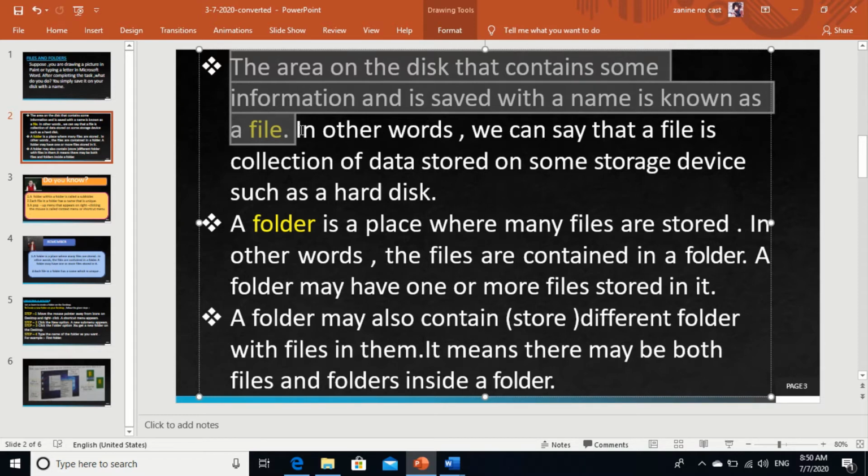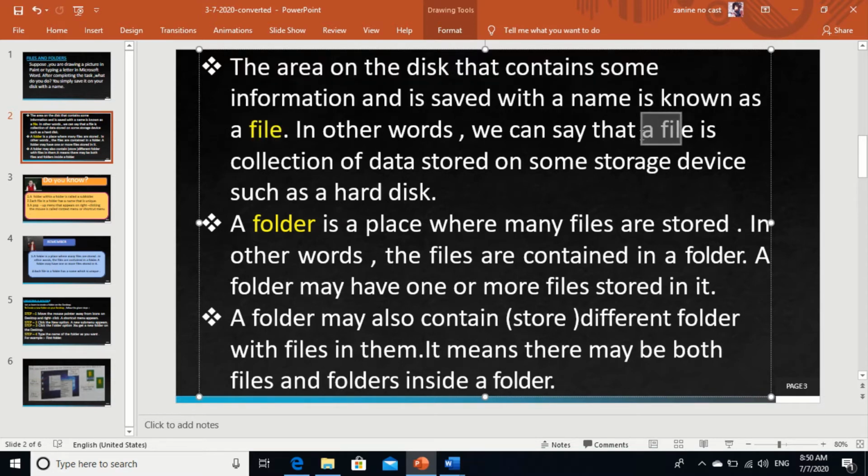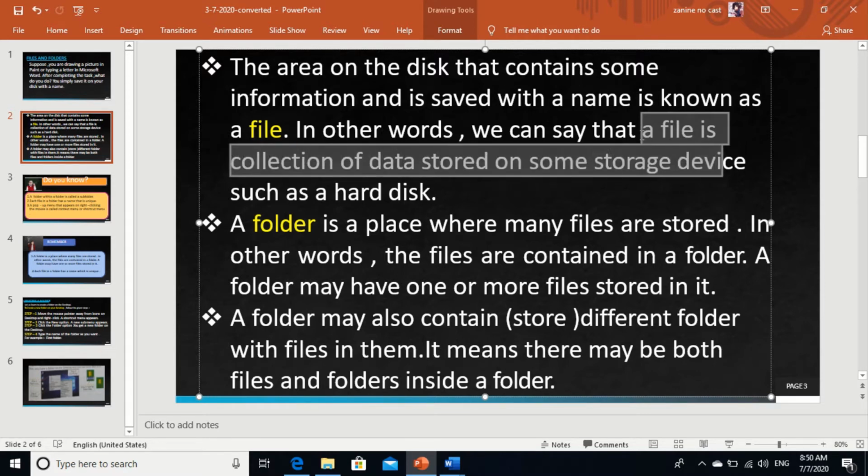If someone asks you what is a file, just say collection of data, because in a file we are storing data, we are storing information. So a file is a collection of data stored on some storage device such as a hard disk. Understood? Next point.